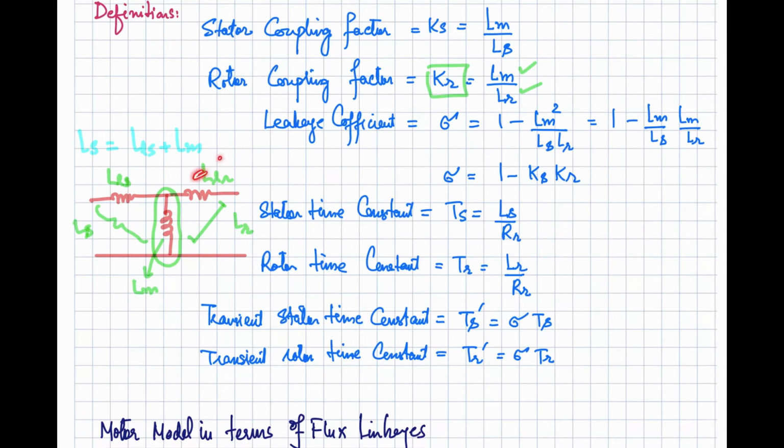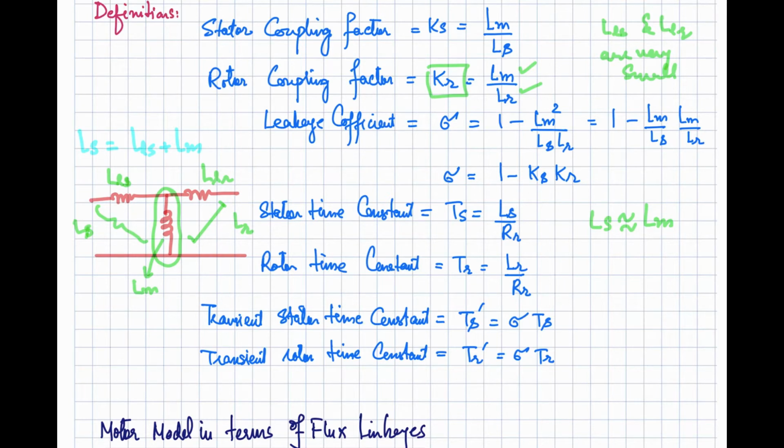So ideally speaking, the leakage should have been 0. The whole of your rotor current should be linked with the stator. So the ideal value of this coupling factor is 1, but practically it is Lm by Lr, where Lm is very close to Lr because your leakage inductances Lls and Llr are very small. So we can say that Ls is nearly equal to Lm. It should be. The leakage flux should be as small as possible. So coupling factor is defined based upon this ratio.